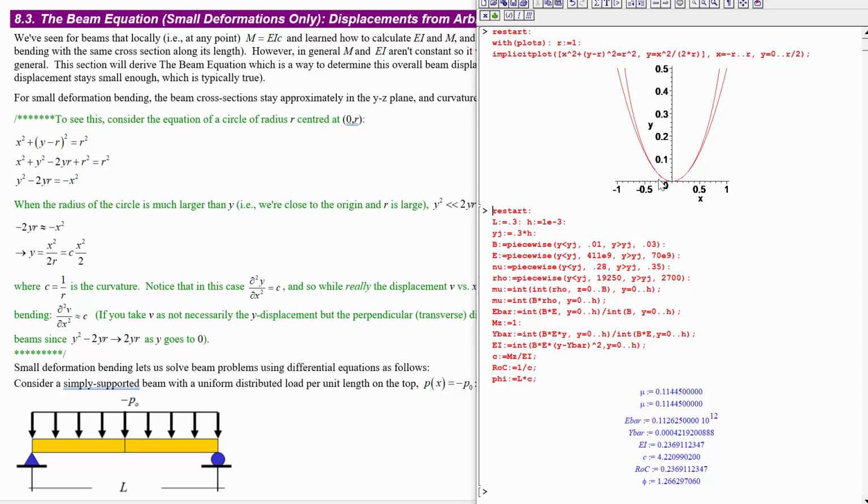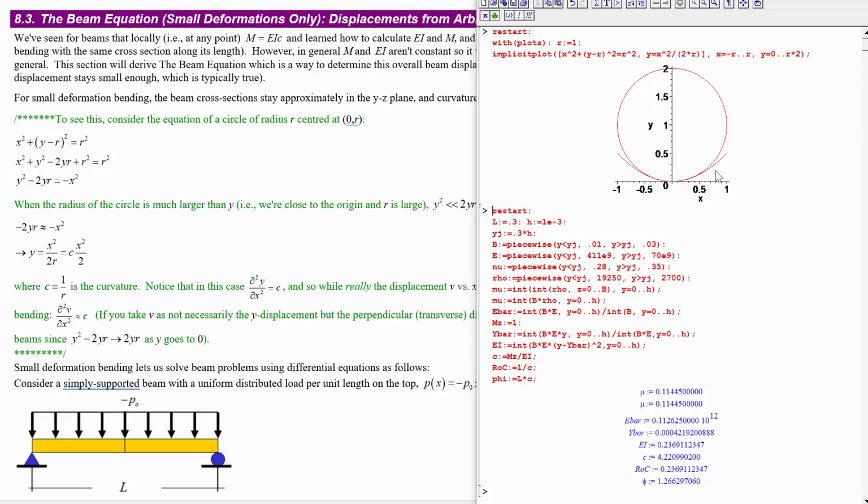So you can see the circle really does match up quite well with that parabola when we're close. Do you know which one the circle is? The circle is actually this one that's farther in on this size scale. I know it doesn't look much like a circle with this skewing of the axes, but the circle, if we go back to the larger size scale, is the one that goes above and leaves the parabola